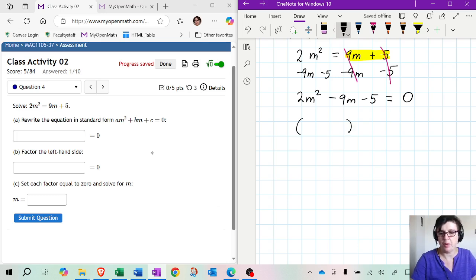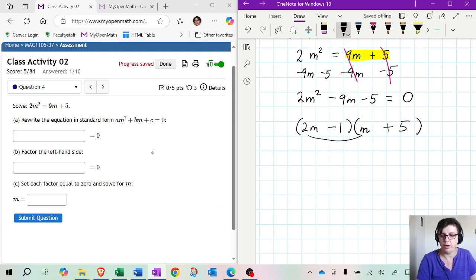You are thinking about two factors that would multiply and give you 2m squared minus 9m minus 5. In this case, 2m squared, you can separate as 2m multiplied by m. So think of foiling this and getting this expression. 2m times m would be 2m squared, so we got that. And then the numbers should multiply to negative 5. So it's either going to be negative 1 over here and maybe positive 5 over here, or the signs could switch, and you will have to check this by foiling.